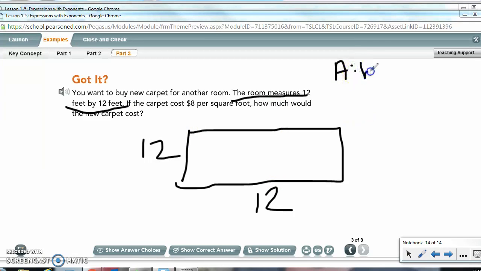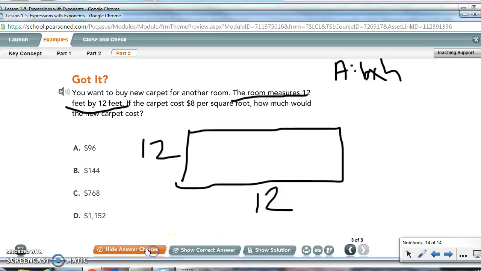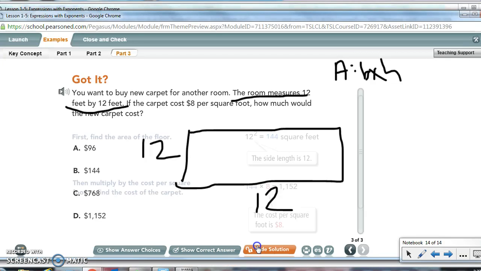So go ahead and find your base times your height. Well, your base and your height are both 12. What's 12 times 12? And then you need to multiply that number by 8. Here are your answer choices. I would like to see all of your work on your paper. Call me over if you need help. Freeze your screen. Freeze it. Solve it. The correct answer should be